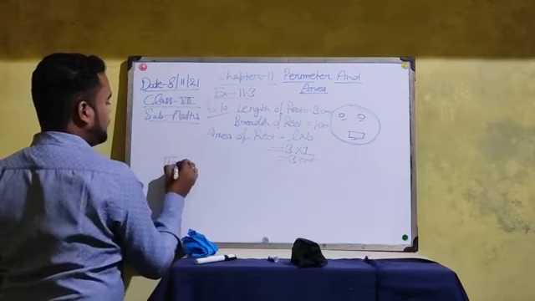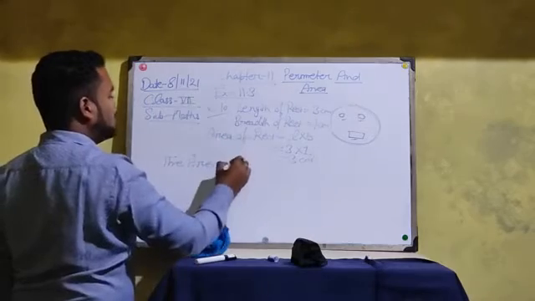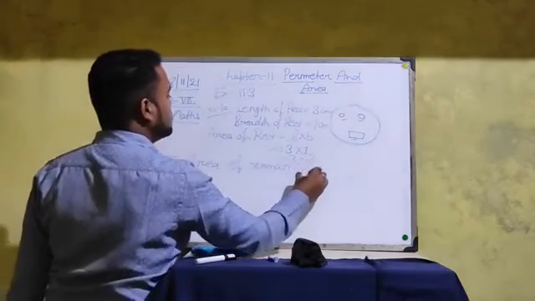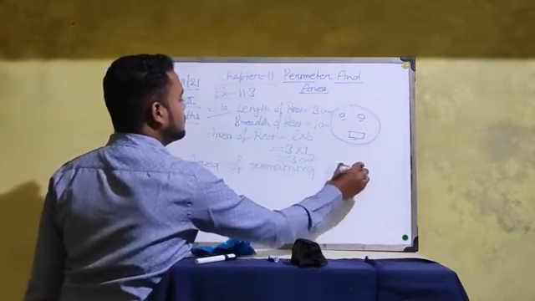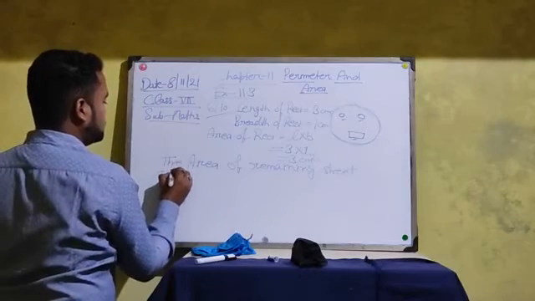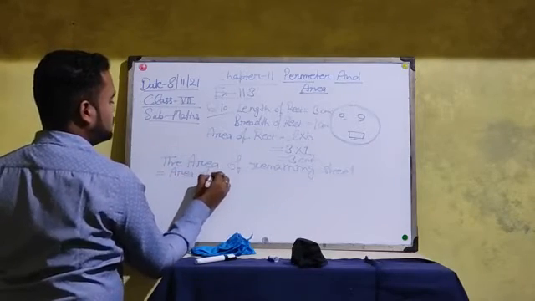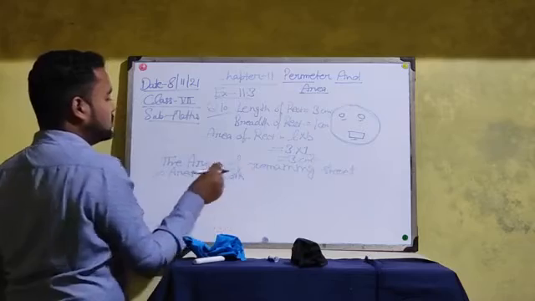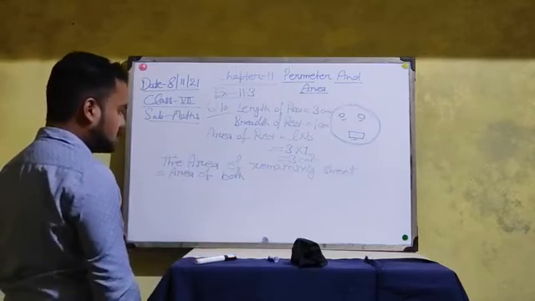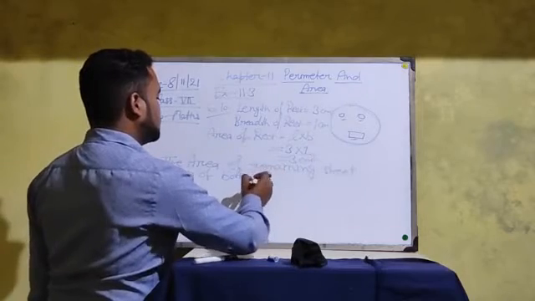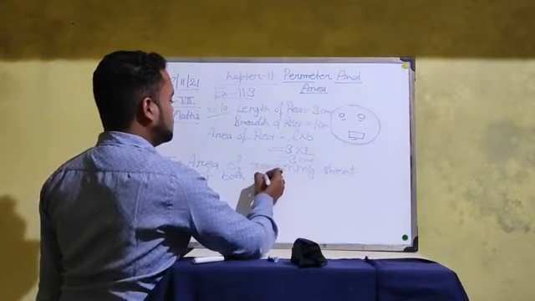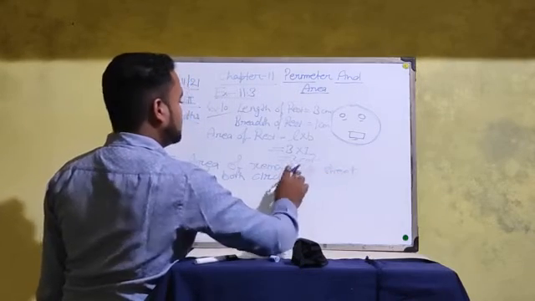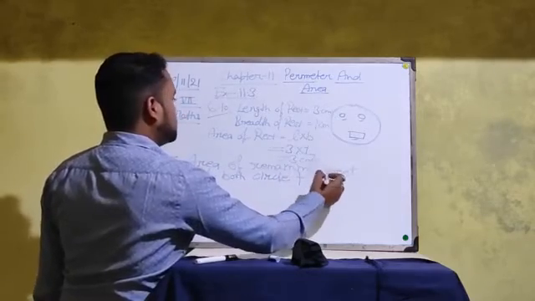Now the area of remaining sheet is equal to area of both circle minus plus area